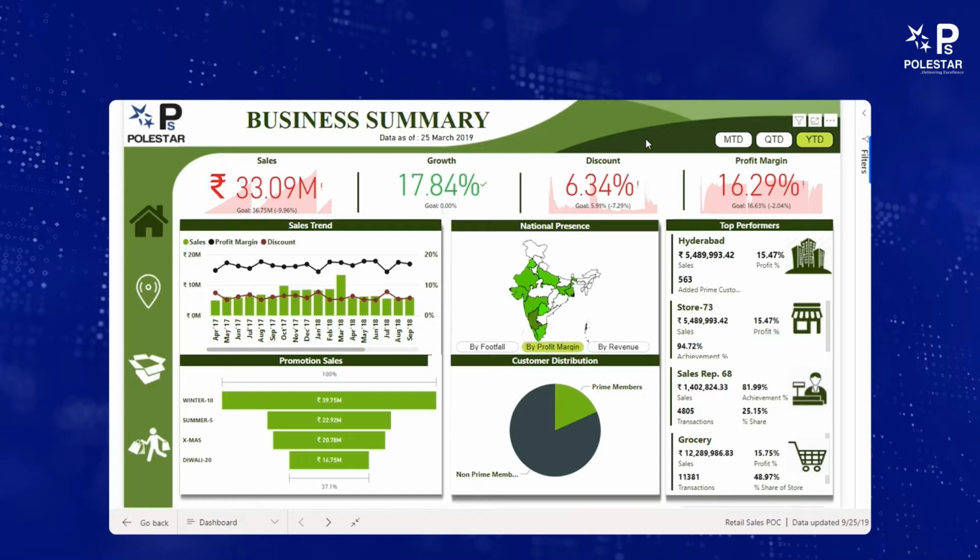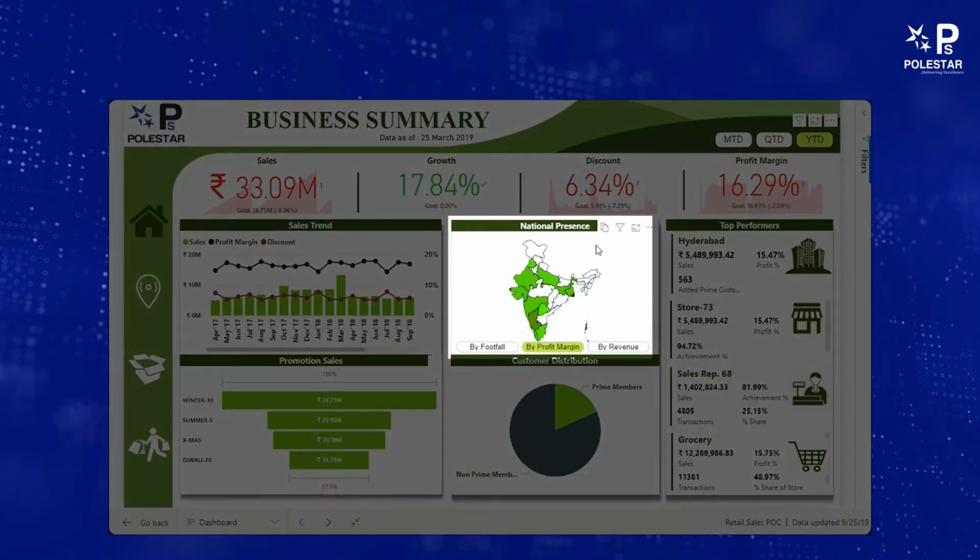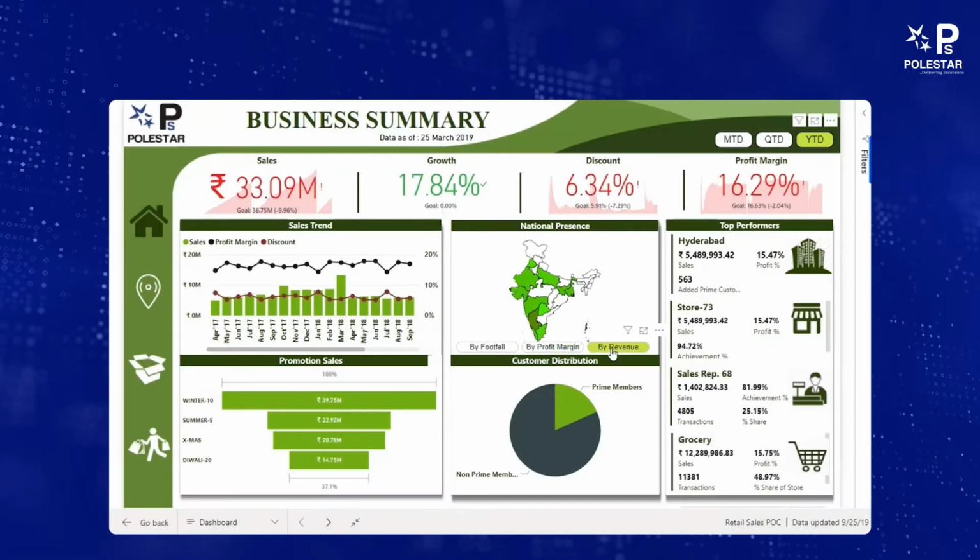So I may also want to go to a deeper level and understand how my products are selling across the country. So I'm seeing on this particular map what is my sales by profit margin, by revenue, and by footfall. Whenever I click the buttons, you can see that the graphs have changed, and accordingly the color indicates the darker the shade, the more the value is. In a particular state that is light green, the profit margin is slightly less as compared to the darker green